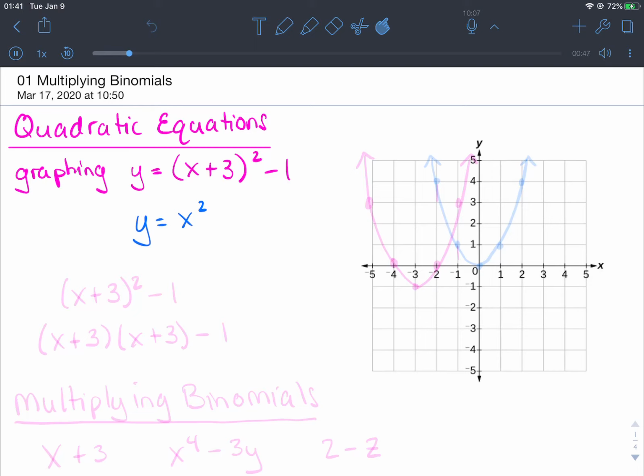So first in blue, we have the equation y equals x squared. If we start off at 0, 0 times 0 is 0. If we go over 1, 1 times 1 is 1. 2 times 2 is 4. And 3 times 3 is 9. Unfortunately, that does not fit on our graph. Now let's go to negative 1. Negative 1 times negative 1 is 1. Negative 2 times negative 2 is positive 4. So here we have our graph that you guys have seen before in the shape of something called a parabola